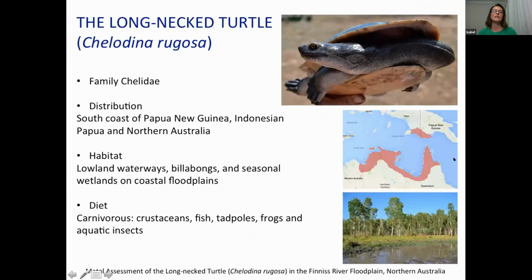The long-necked turtle, Chelodina rugosa, was changed to oblonga, now it's rugosa again, and belongs to the family Chelidae. The distribution of this animal, as you can see on the map, is the south coast of Papua New Guinea, Indonesia, Papua, and northern Australia, so this tropical region here. The status of this animal at the IUCN is near threatened now. And the habitat of this freshwater turtle is lowland waterways, billabongs, and seasonal wetlands on the coastal floodplain,